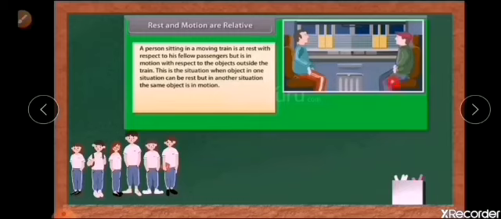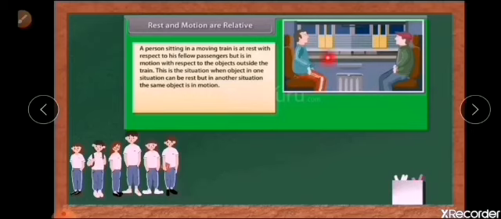See, a moving train, and a person is sitting in the train. Two persons are sitting in the train, and let it be passing through a platform. That is the given situation. Now let's see. The persons are sitting and moving along with the train. To the one person, the other person is not moving at all. He is sitting in the chair, that is, he is at rest.